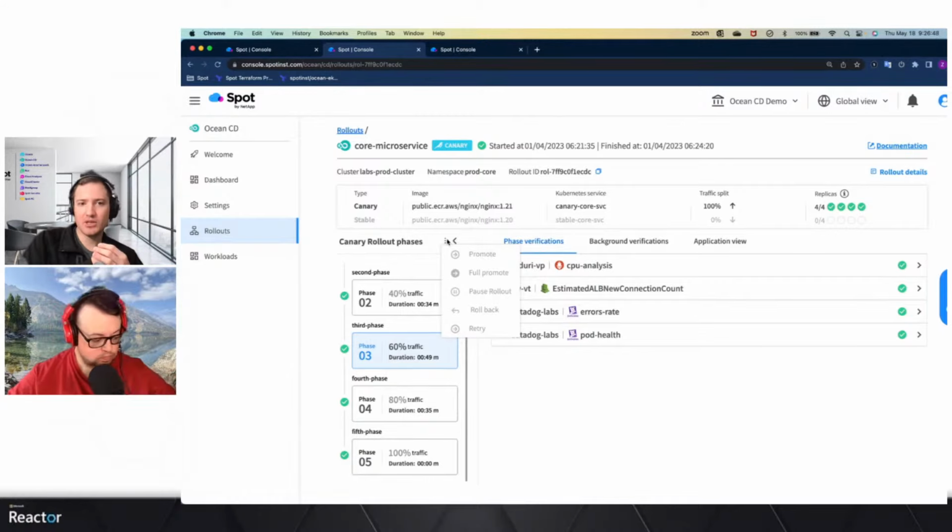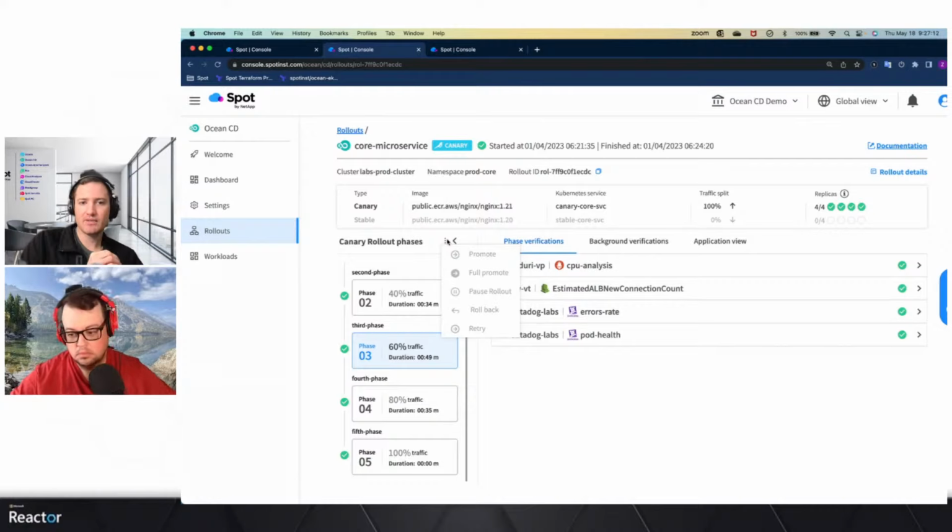You can pause the rollout. If you need to stop shifting traffic and quickly debug something, you can pause it and then promote it to the next step after that. You can fully promote things, or retry if you've gone back and fixed things. All of that control is available to you.